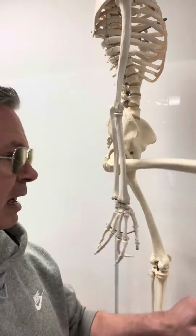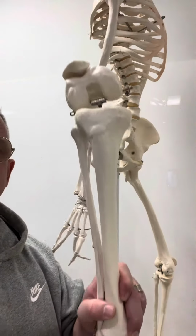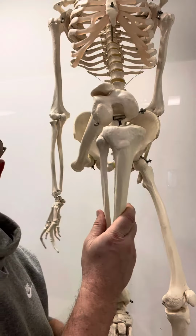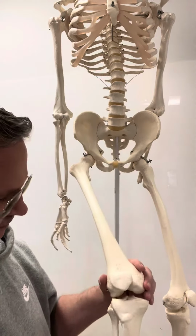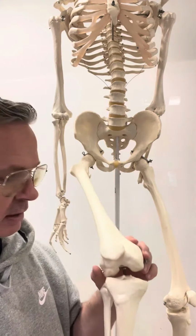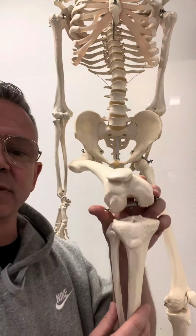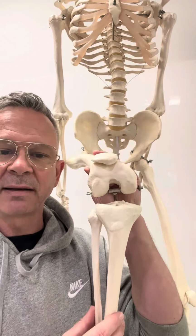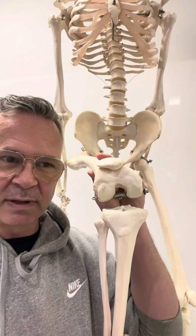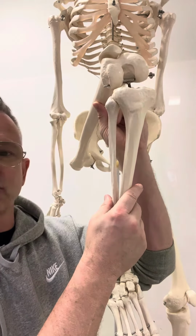You have to look at the structures at play on the individual person, right? So when thinking about the mechanics, well, obviously you have your femur, right? So if I'm coming up, I sort of spin this guy around just a little bit, and I'm bringing that guy up, and this doesn't necessarily hold true to a knee joint because you have all your other structures. But one of the things I want to draw attention to is the simple fact that the condyles aren't the same on both sides. So these are some things we have to consider when we're going into the extreme ranges